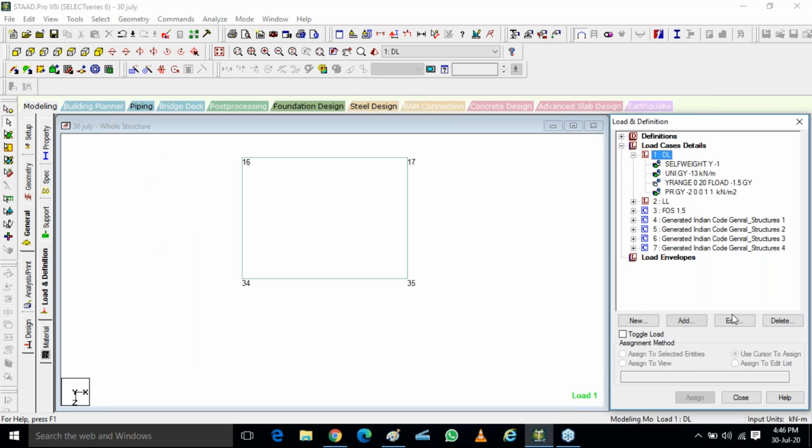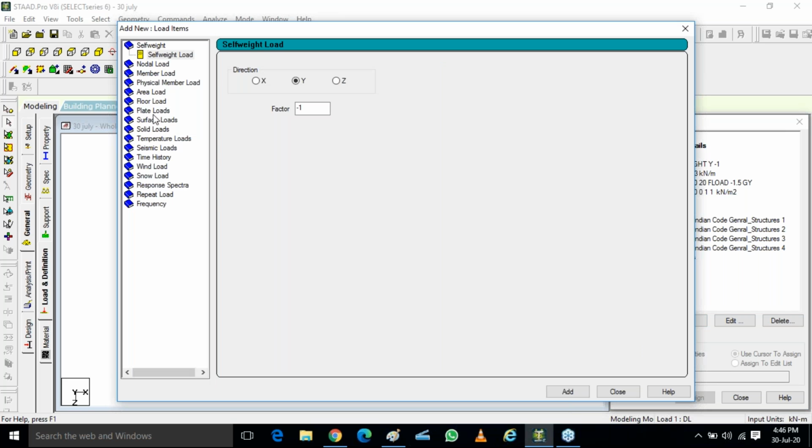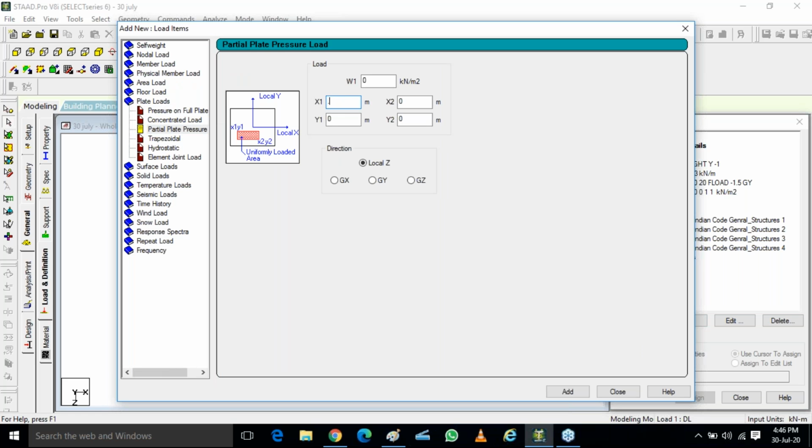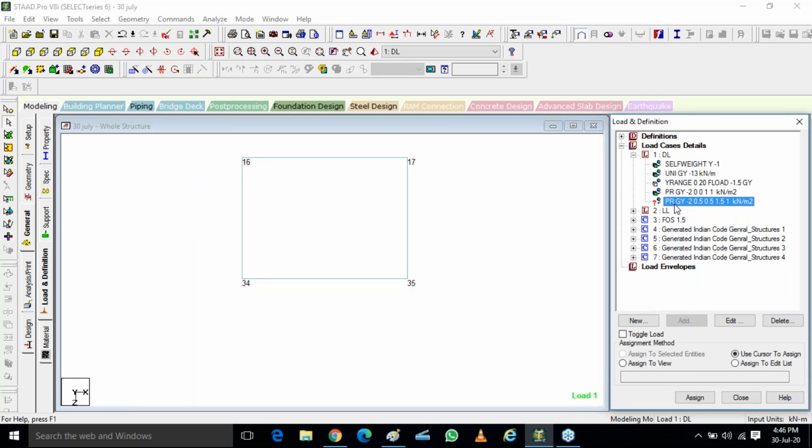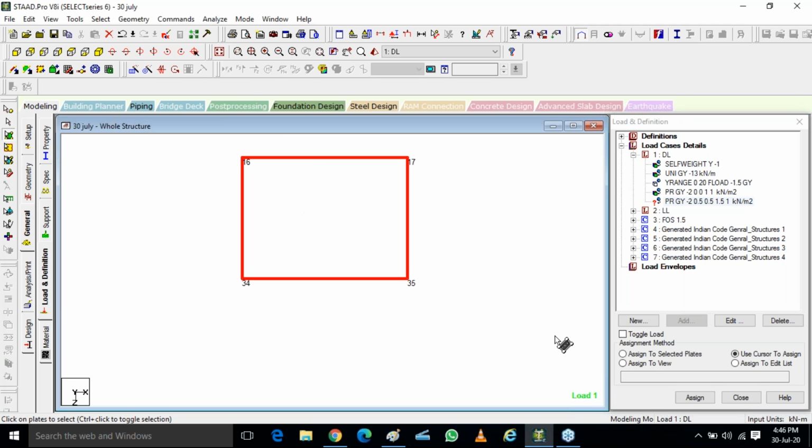Now after adding this, did it get added or not? It did not get added, no problem. So it was like 0.5 by 0.5, and this was I think 1.5 to 1, global y, GY, and it is -2. Add. Got added. On which plate do I have to put it? I want to put it on this plate because I am looking at this one; the rest of the plates I have hidden. I'll go to my plate selection, select my plate and assign to selected plates.